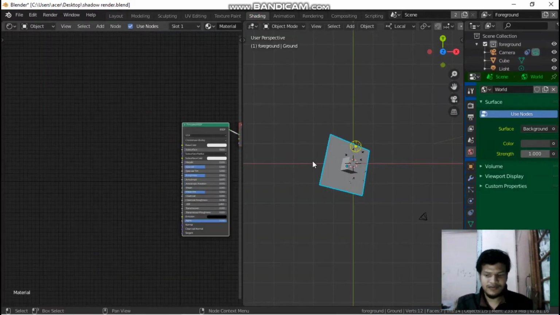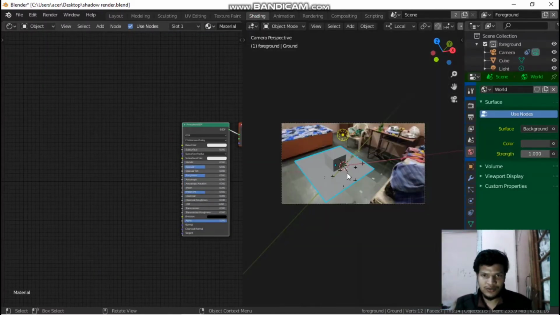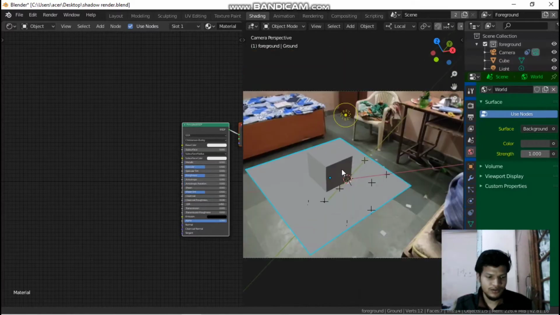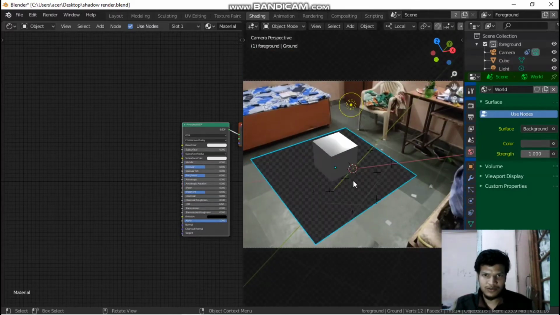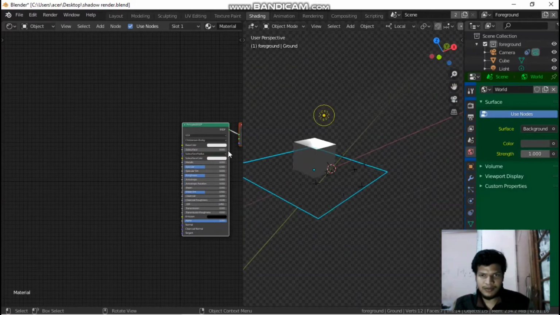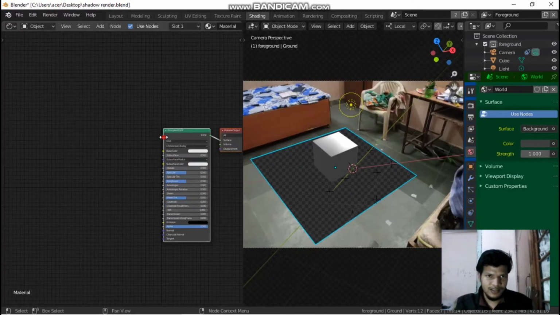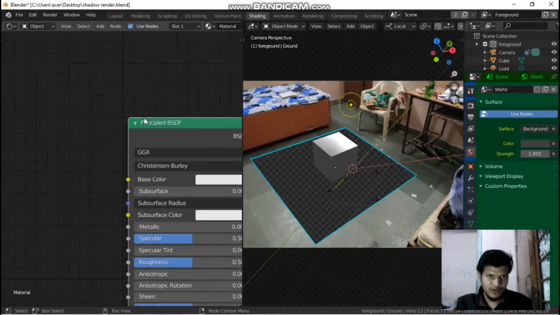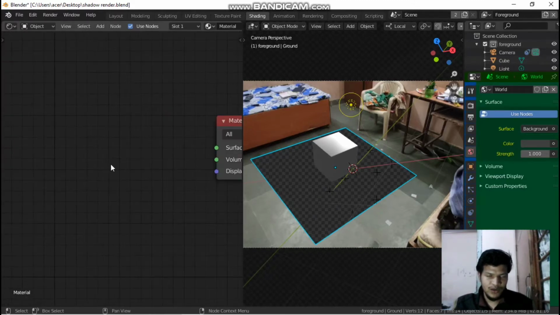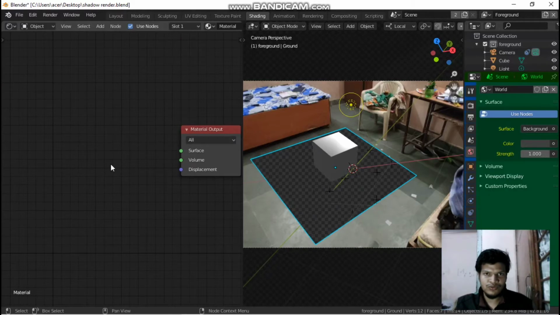Here let's press 0 for render view. By selecting this plane, delete the default Principled BSDF, and now I'm going to show you the node setup to make it transparent and to catch the shadow.